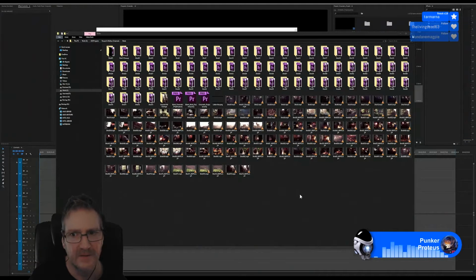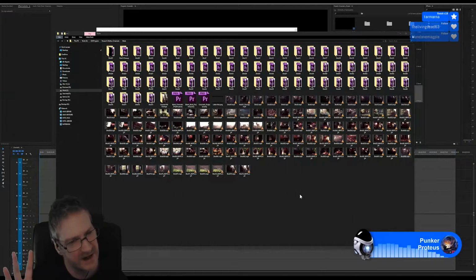Okay, now when we saved out all of our shots here, we saved out slow motion versions of some of these cameras. Now, I'm not saying I'm going to use any slow motion, but I want to bring the footage in to have the option as we're putting our cinematic together. If there's a section I think might be cool if we slowed it down or sped it up, I'll bring in the slow motion versions as well.